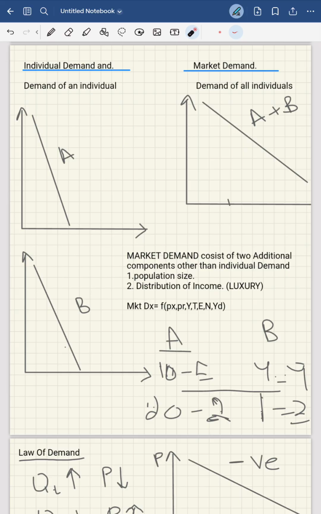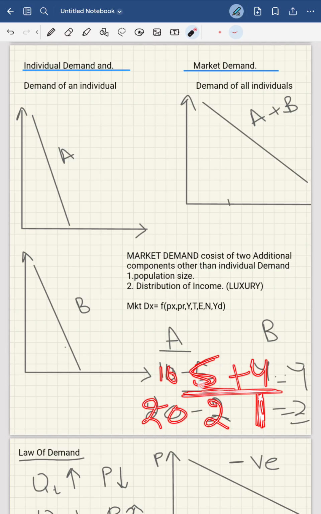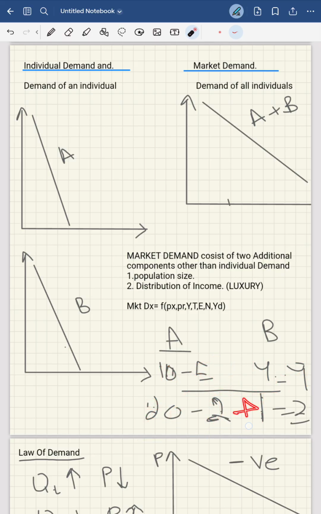Why is this so? Let's consider. At price 10, A wants to buy 5 commodity while B wants to buy 4 commodity. At price 20, A wants to buy 2 commodity and B wants to buy 1 commodity. While we are considering their market demand, we will add these up. At price 10, they want to buy 5 plus 4 equals 9, and at price 20 they want to buy 2 plus 1 equals 3. So this is known as their horizontal summation. Okay,